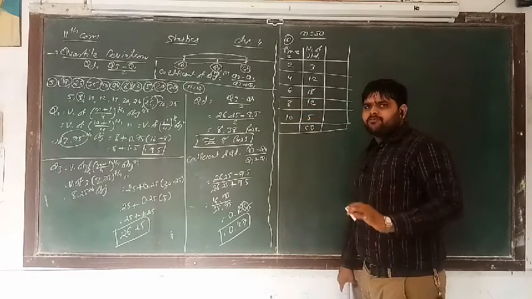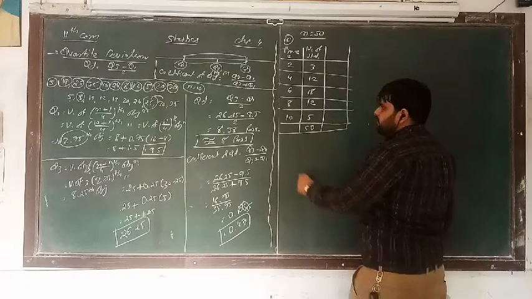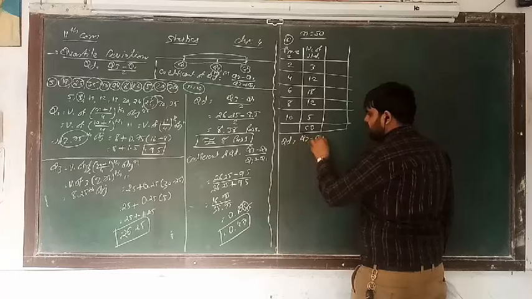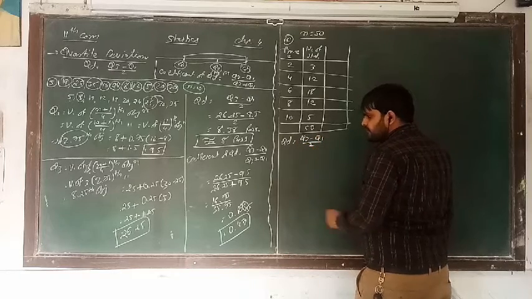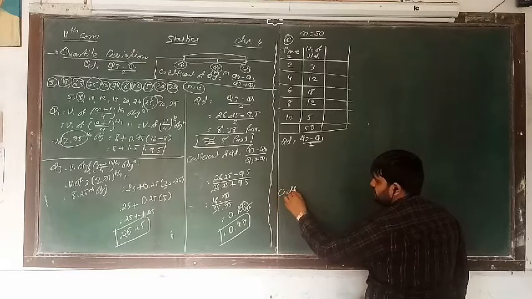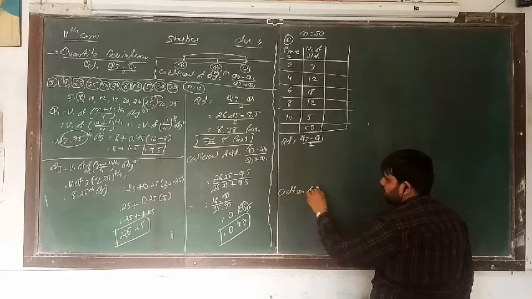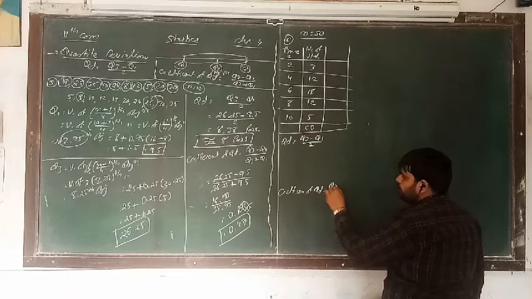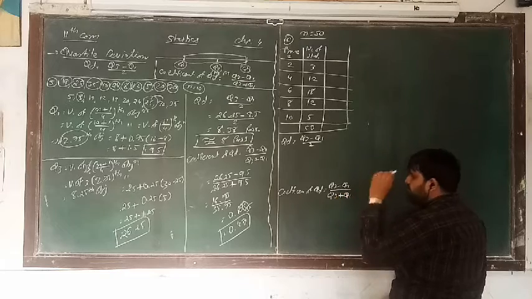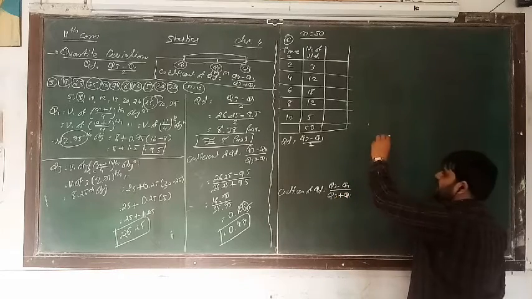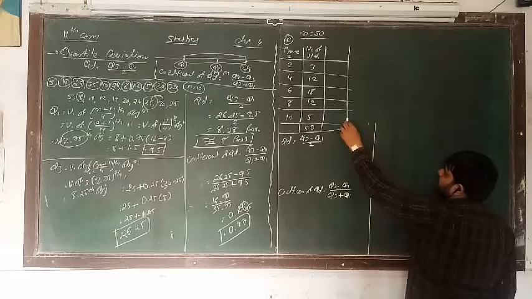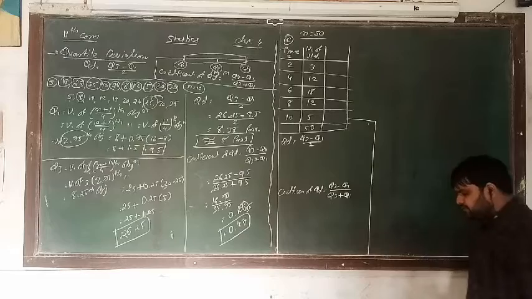Same thing that we have to find out. So first of all, we have to find out QD. So QD is equal to Q3 minus Q1 divided by 2. And second one, the coefficient of QD is equal to Q3 minus Q1 divided by Q3 plus Q1. See, if we have the formula, then it is so easy to calculate. If we know the formula, it will be so easy to calculate.